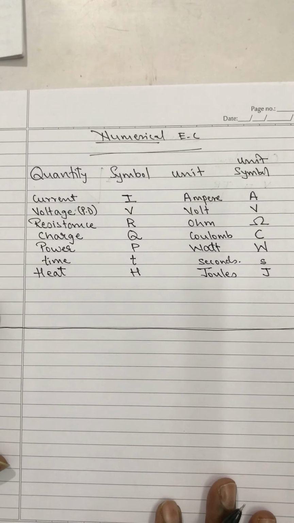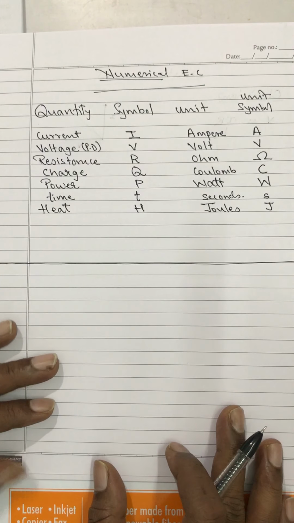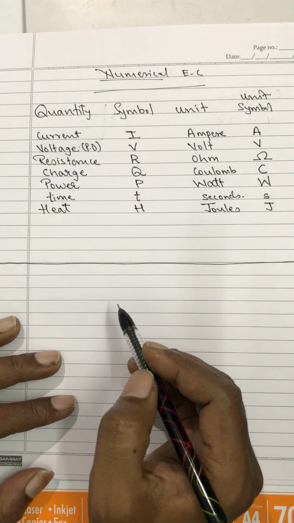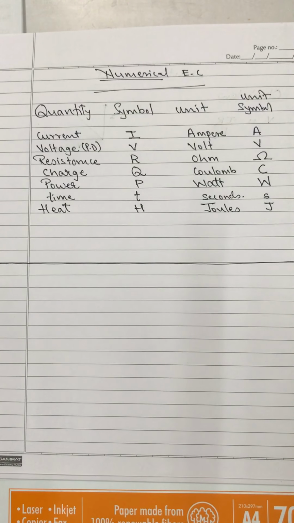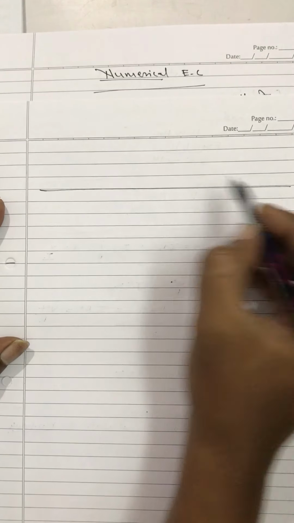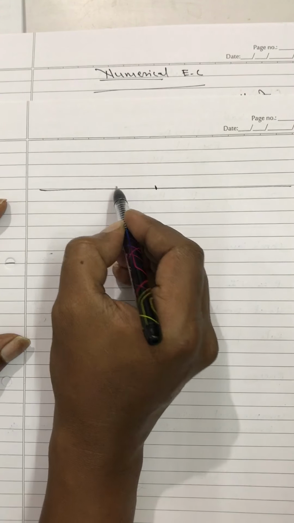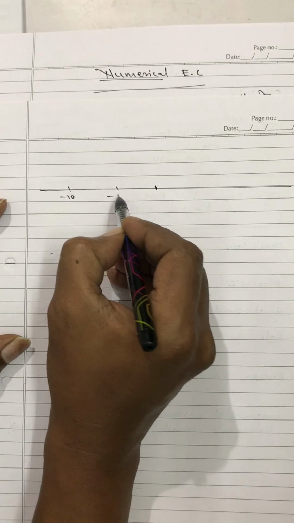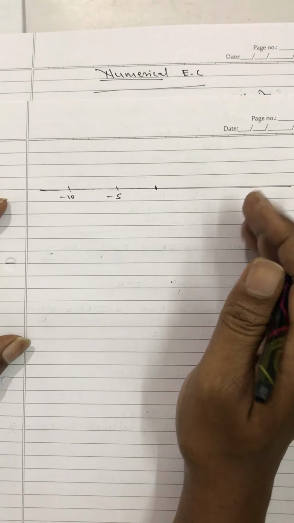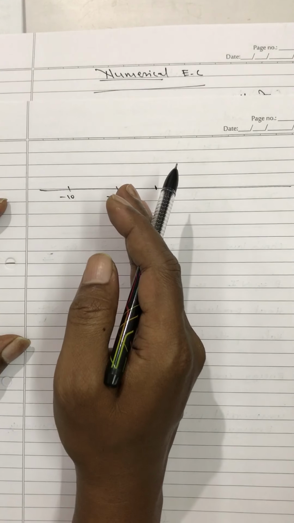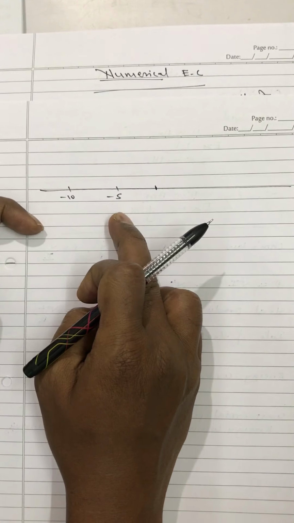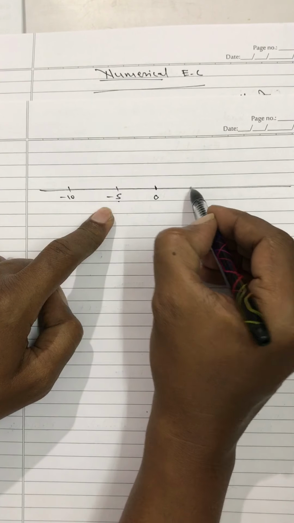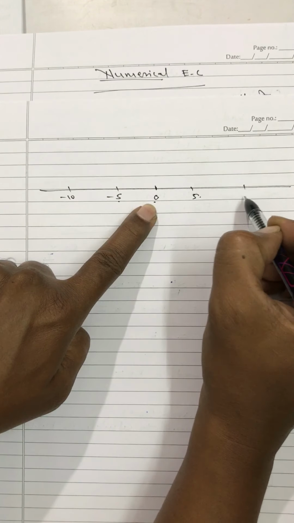Now if I go further, one important thing I have to clarify, my dear students: we know that there is a number line. In a number line, if I go from here, it is minus 10, this way minus 5. As I go towards the right, the number on the right side is greater than the number on the left-hand side. So minus 5 is actually greater than minus 10, and then 0 will be greater than minus 5, then 5 will be greater than 0, and 10 will be greater than this.